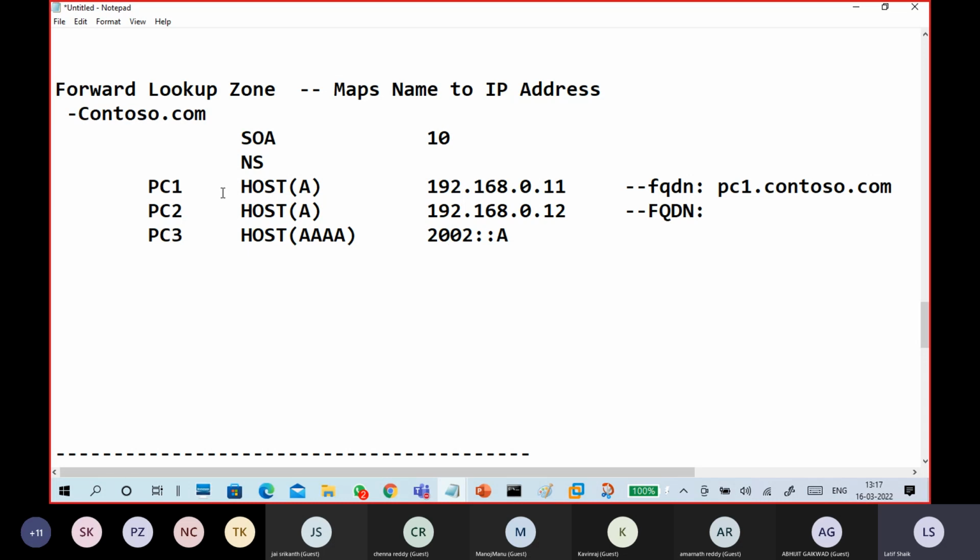So what is the FQDN of PC2? You didn't tell me. Okay, now I am going with another one. PC4 is actually my web server. I put a web server name only, and a host record means it's a computer. Server is nothing but a computer, right? It is a host only. Server is also a host. It is a web server. Its IP address is